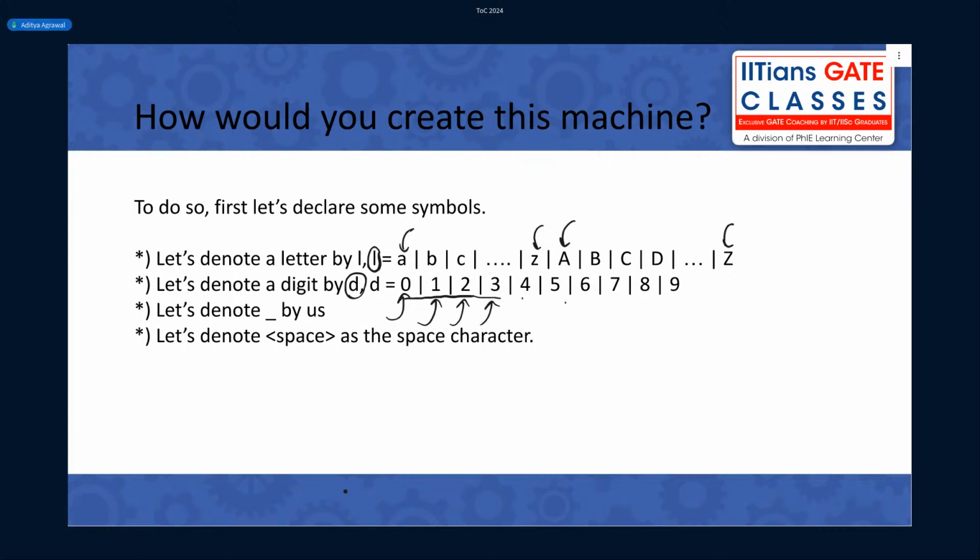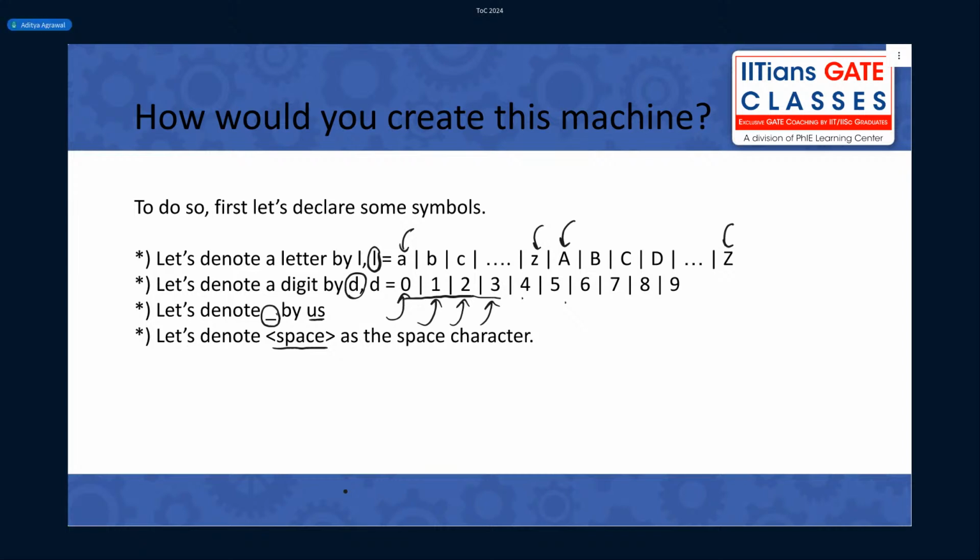No. Similarly, can I have any other letter? No. So this is nothing but a shorthand notation that I'm using for a digit and a letter respectively. And I am denoting underscore by a symbol which I call US, and the space character is denoted by this big triangular bracket which I call space.